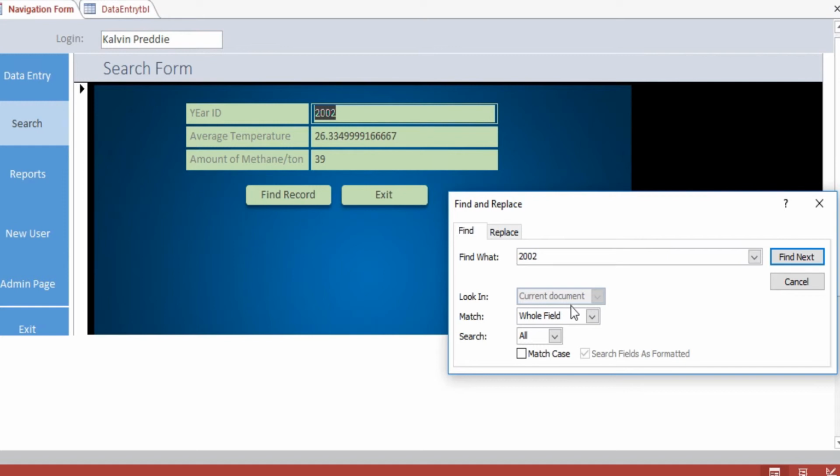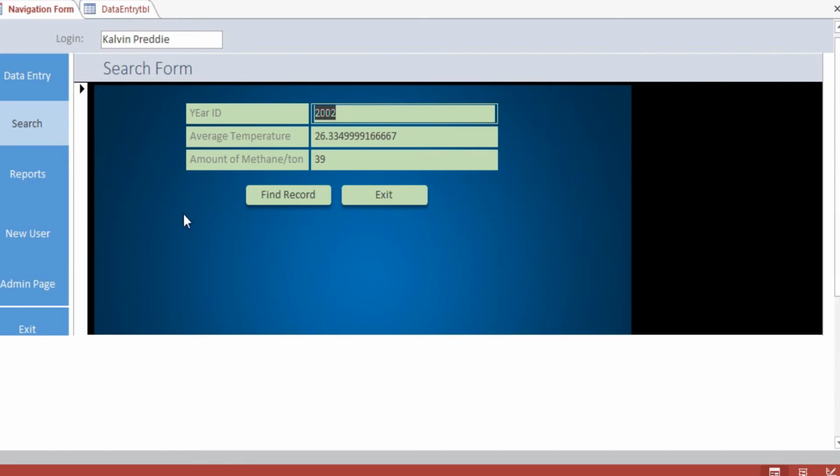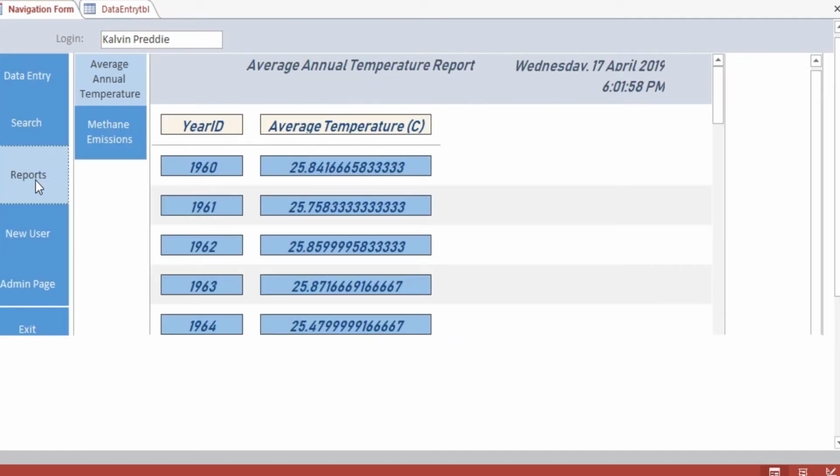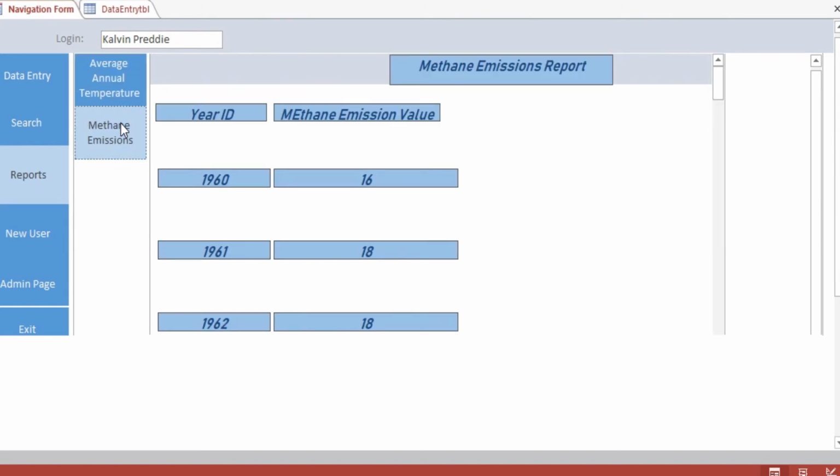We can see that the user searched for the year 2002 and the average temperature for that year was recorded at 26.33 and the amount of methane per ton was recorded at 39. The user can also access reports such as the average annual temperature as well as the methane emissions for the various years.